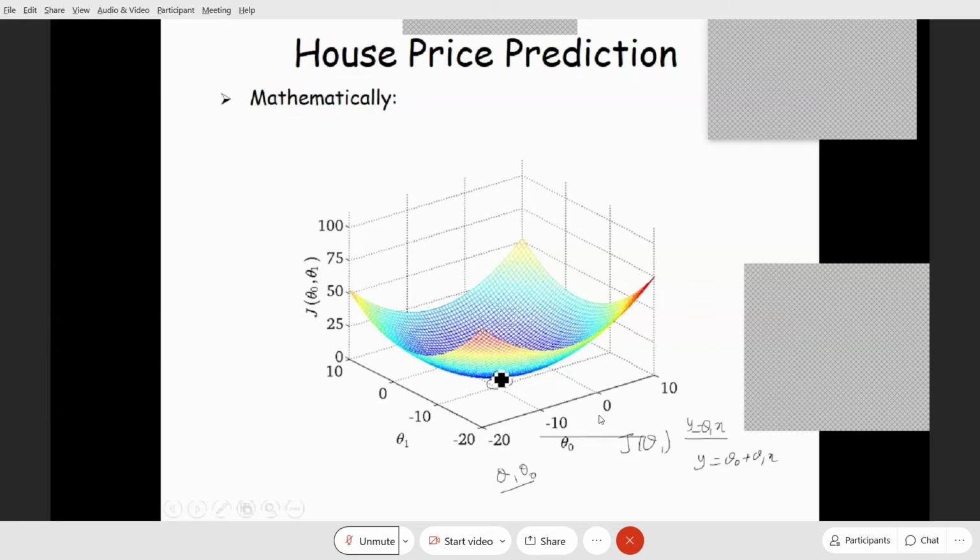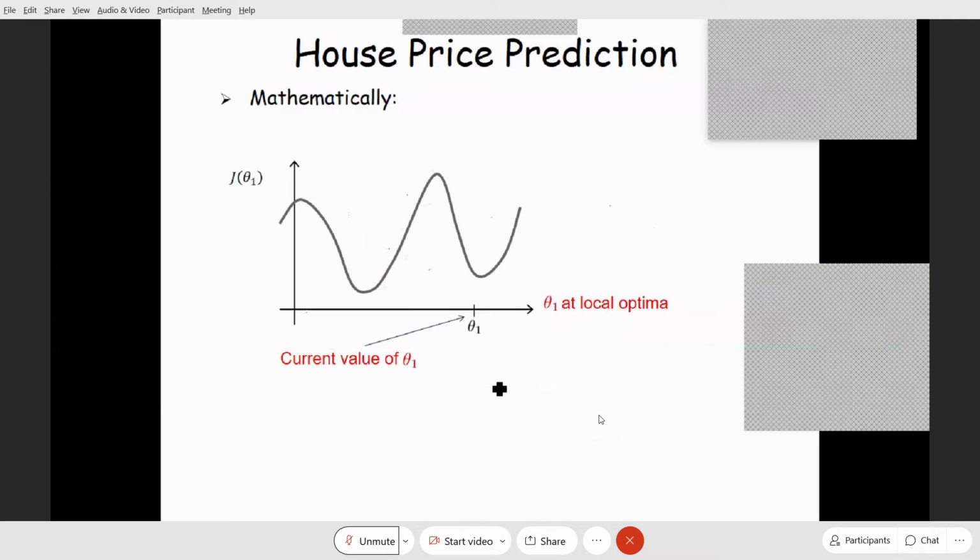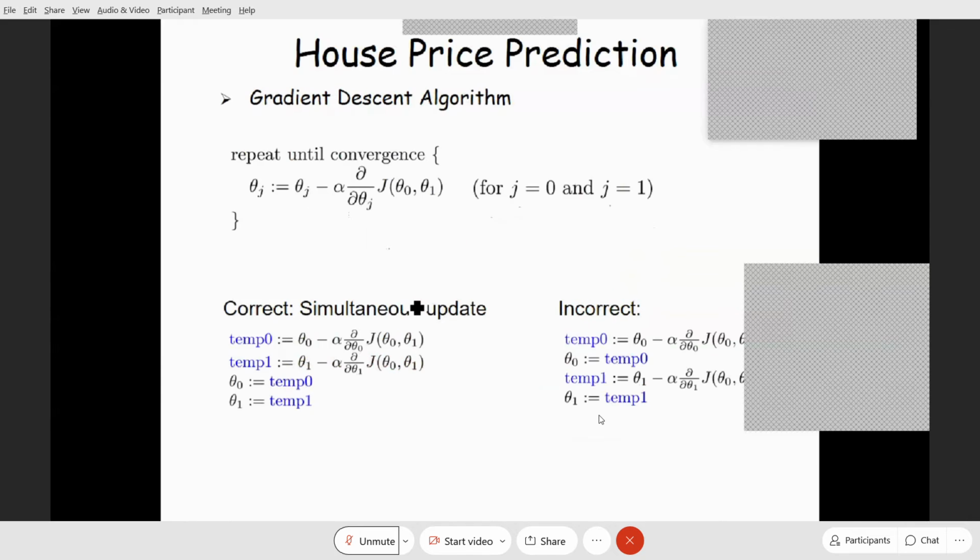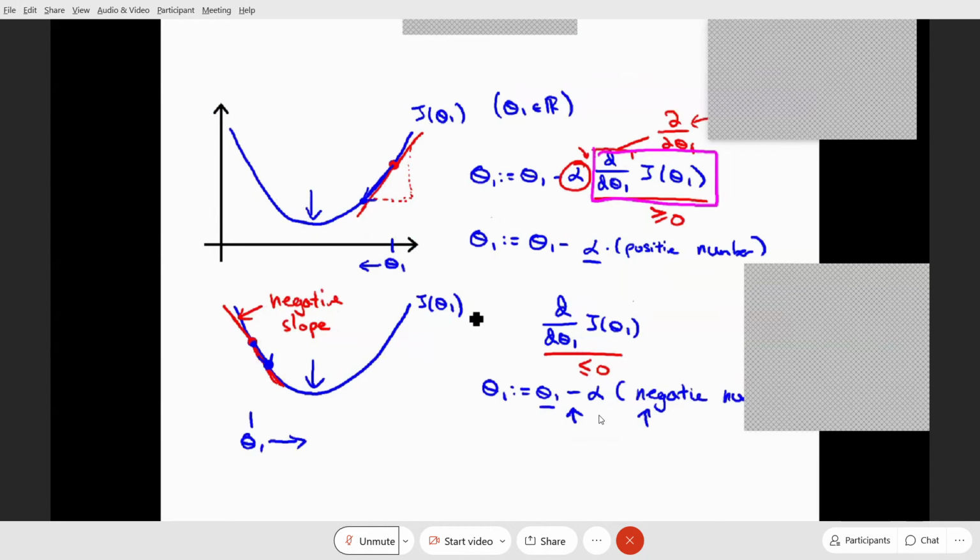But what is that point? I do not know. We will try and find out what this point is. So this is my objective function and this is where I want to reach. Now, what we have seen here is there is an algorithm known as the gradient descent algorithm, and this is the equation for it. I am going to derive this equation for you first of all, and then we're going to talk about it.